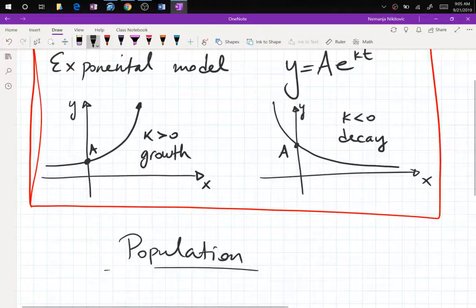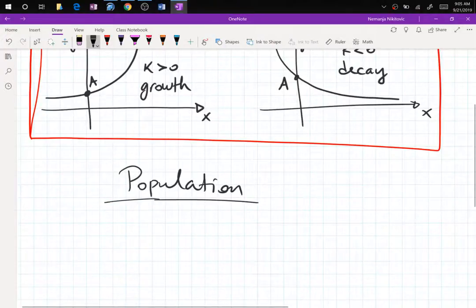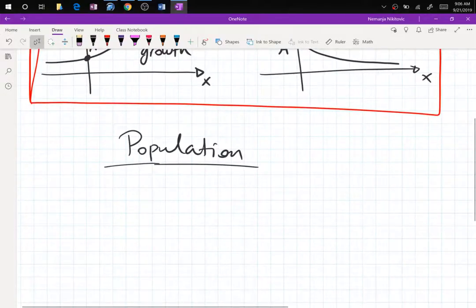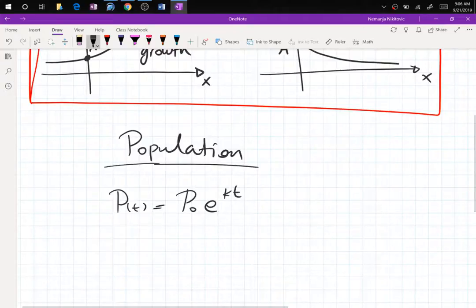And the exponential model now will pick up letter P for population, and instead of x, we're going to use time, because population changes in time, right? In the case of humans, it takes about 9 months to cook up a baby. So we'll have to measure the population in terms of passing time. So the model we are looking at is population at time t is equal to P0 e to the kt,